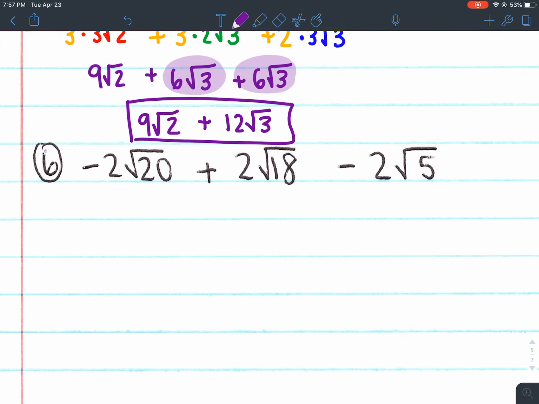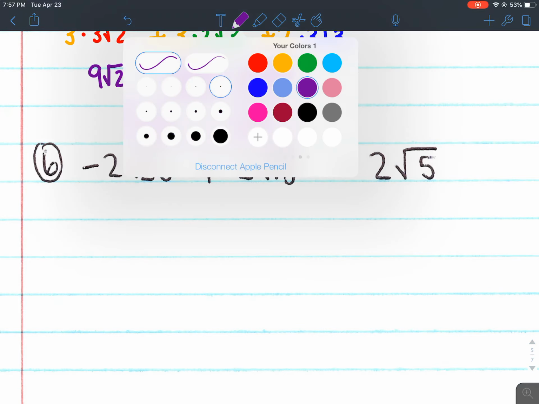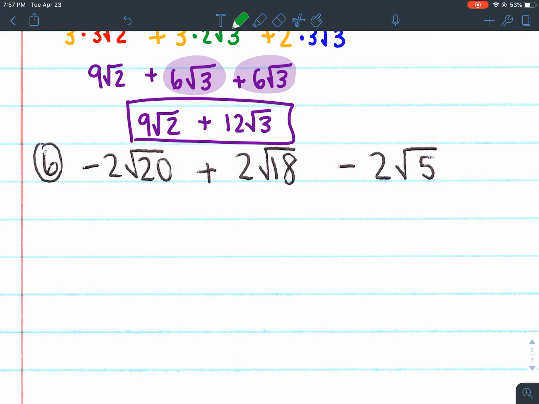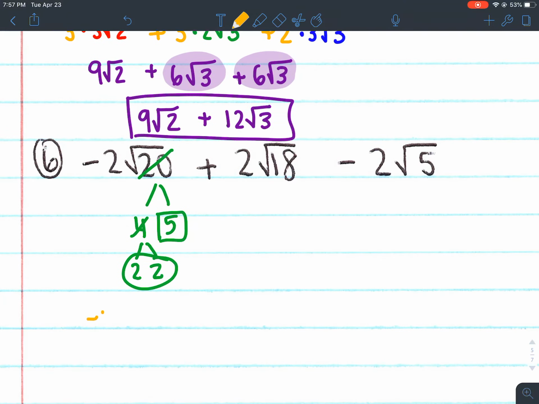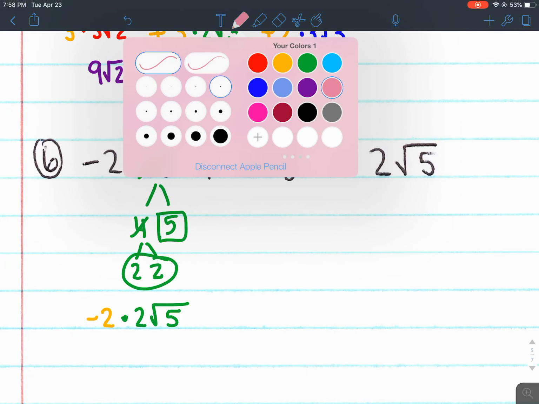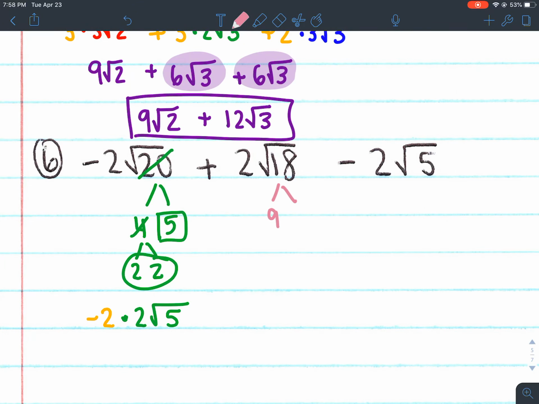Anyways, okay. Number 6, again, you're going to simplify your radicals. So that's going to be 4 and 5, which is 2 and 2. Okay, the negative 2 is going to stay out there. So I have times my 2 car and the 5 on the inside. Next I have square root of 18, which is 9 and 2, 3 and 3,